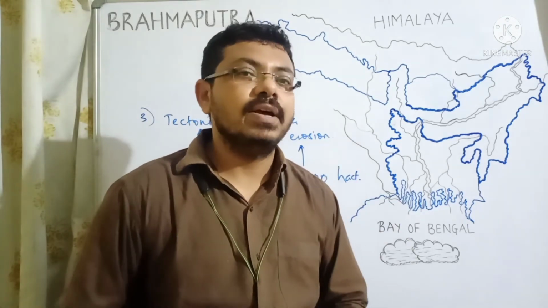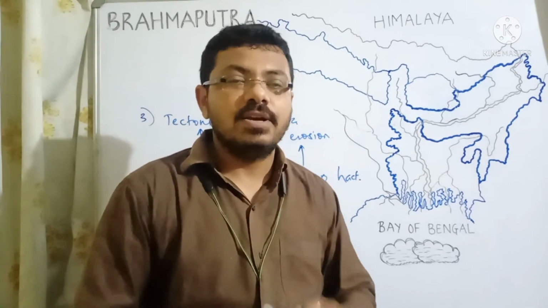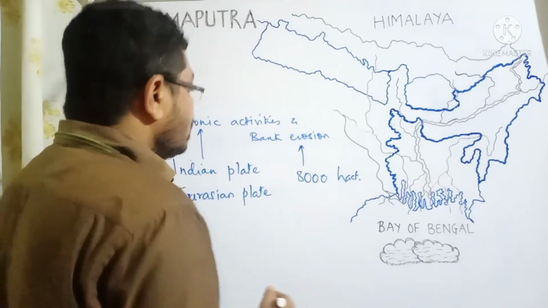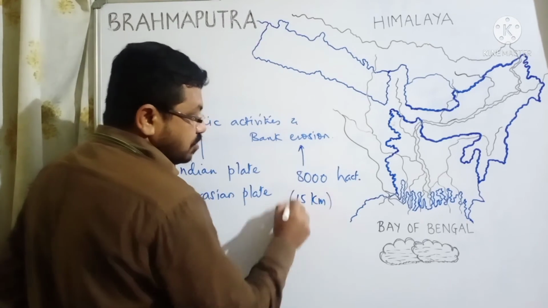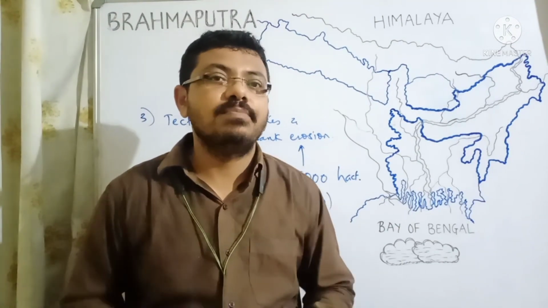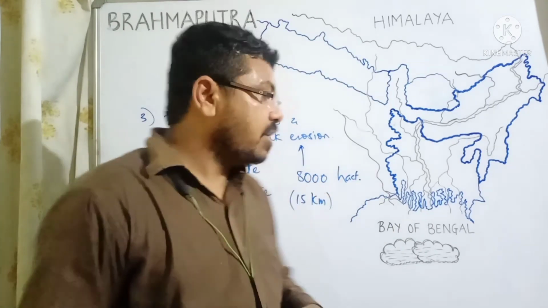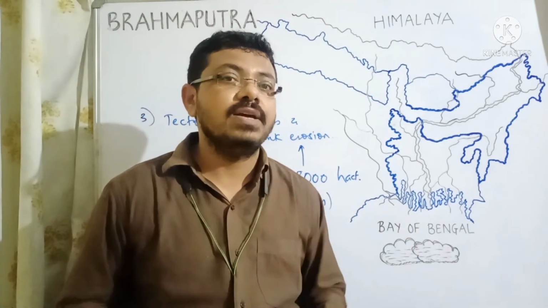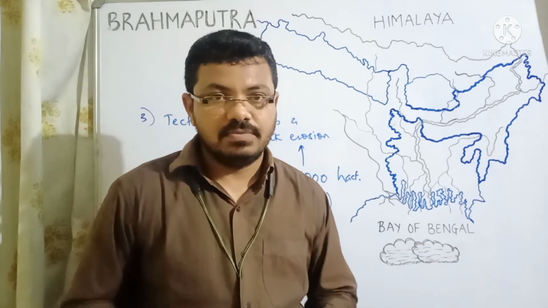And also, they have done research on the bank erosion in the Brahmaputra river, and they found that in some places the bank has widened up to 15 kilometers. In some parts of the Assam region in the Brahmaputra valley, the banks have widened up to 15 kilometers. Right. Now you can think, if the river is widening up to 15 kilometers or covering a 15-kilometer region, then definitely it will flood a lot of the region.